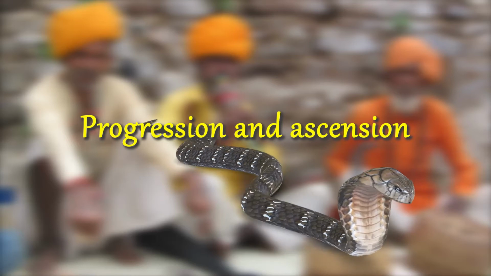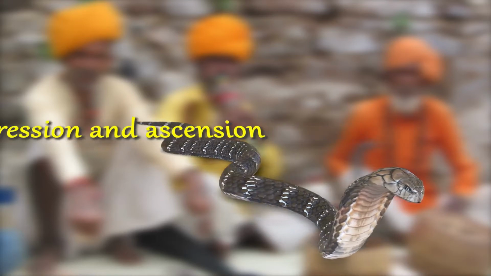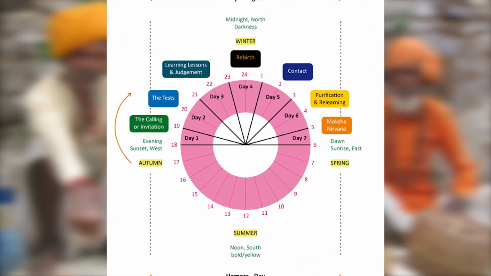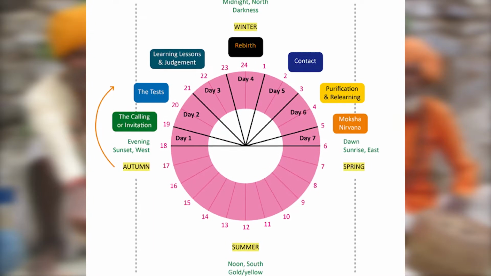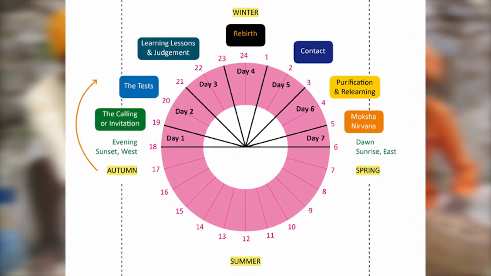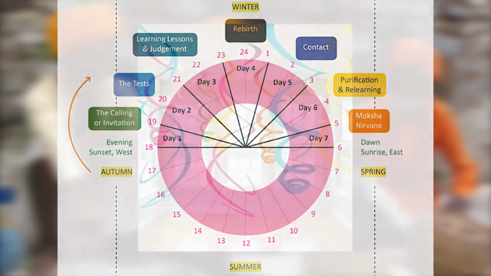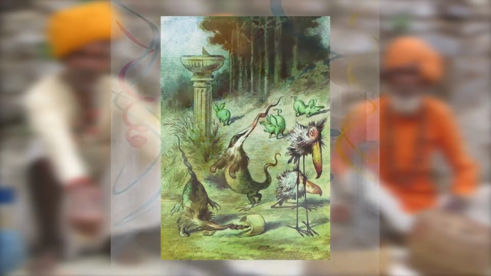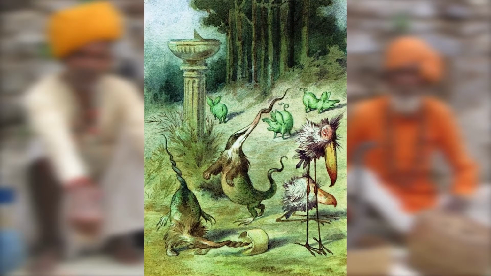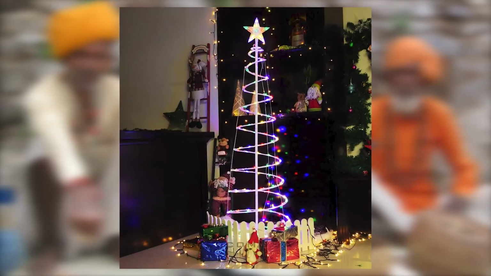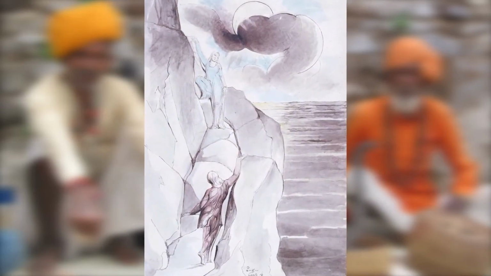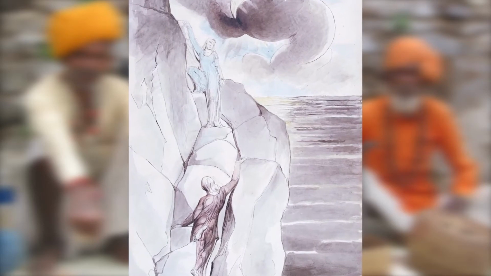Progression and ascension. As in the spiritual path, progress is by ascension. Although the 24-hour clock used in our diagram is of necessity flat, its real shape is more like a corkscrew that Lewis Carroll used in the Alice books, the spiral lights of a Christmas tree, or the path round a mountain, and one is ascending as Dante did in his Divine Comedy.